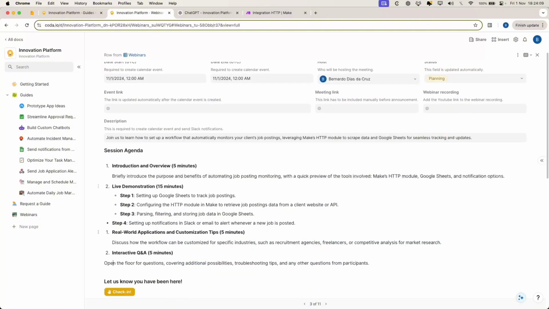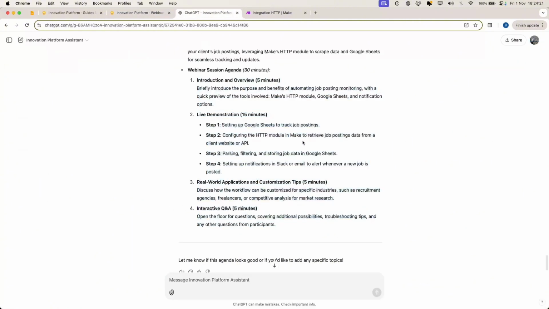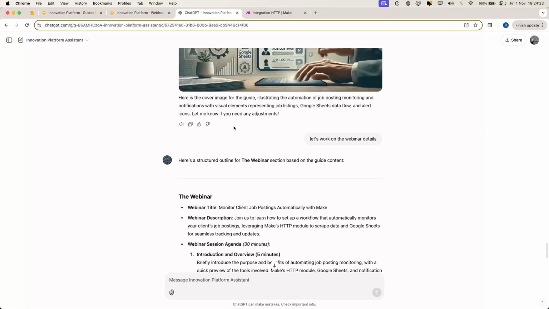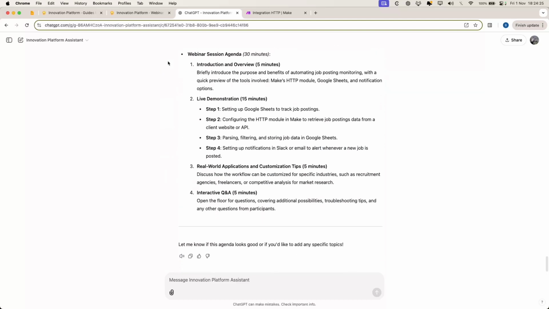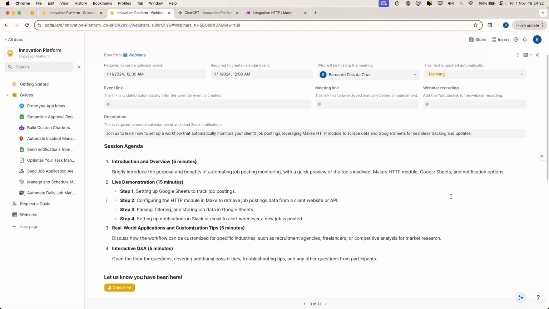So that's pretty much it. Now we have an agenda, and I haven't even read the guide yet, but it's there. But the work continues now because I have to review the guide and make it